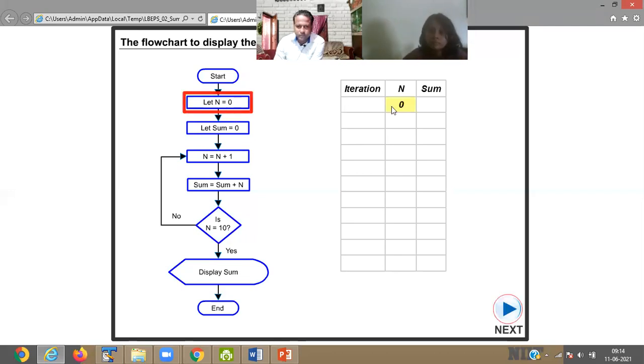Let n equal 0. Now let sum equal 0. Sum is 0 now. Let n equal 0 and sum equal 0.